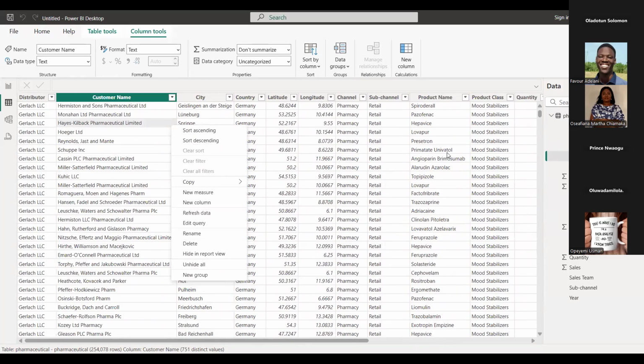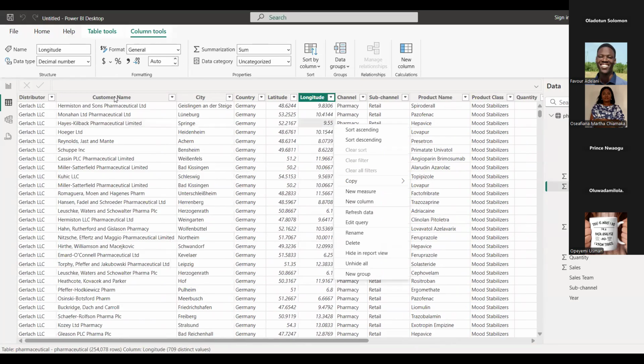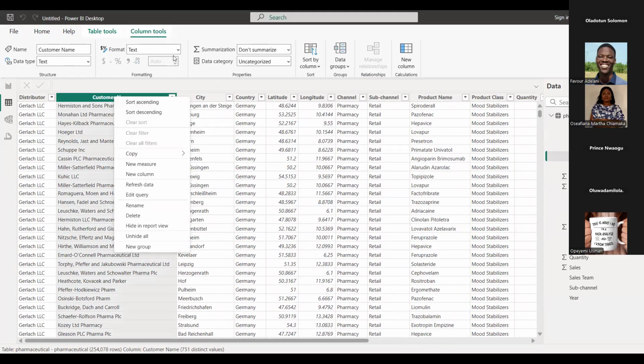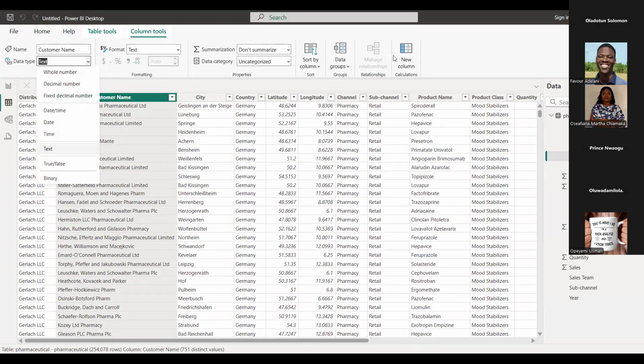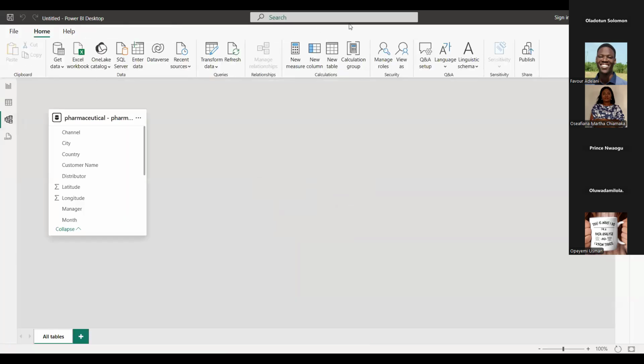Here you can perform some basic functions such as sorting and filtering, checking data type, changing data type, adding new columns. But as you can see, you do not have the functions or features that allow you to transform data expansively like we do in Power Query. So the table view is not Power Query. I hope that is clear, or anybody has a question on that. Okay, so I'm just going to proceed.